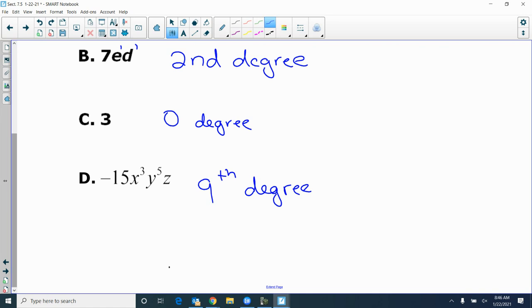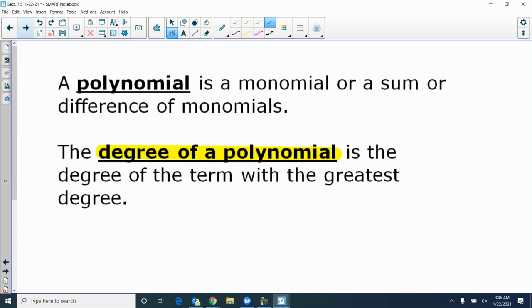9th degree. 3, 5, and 1. Don't forget there's a 1 there. Don't forget there's a 1 there. All right, now,